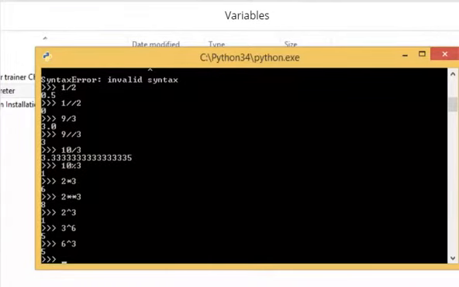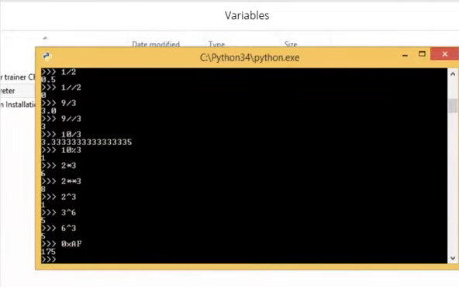The interpreter also has the quality that you can even calculate hexadecimals. I would not be going deep into that, but just to show you what a hexadecimal looks like, it's 0xAF. It gives you out the number 175. We won't be needing that much as of now, so I just wanted to show you that it is